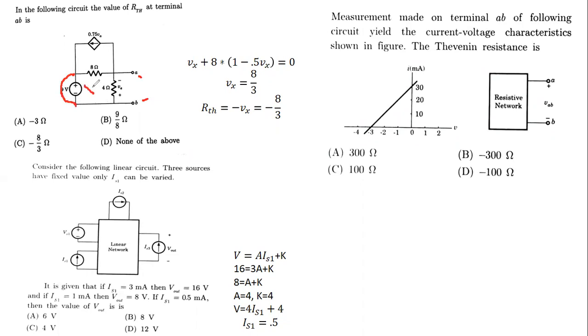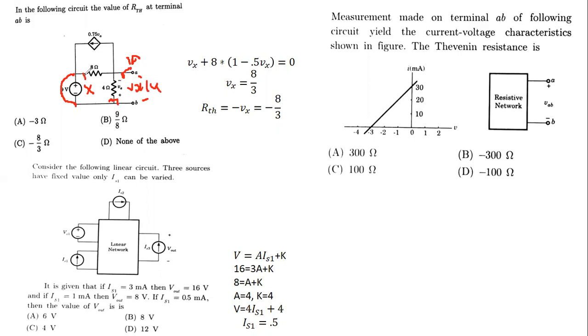No meaning of this 9 volt supply in case of resistance, and assume 1 ampere current between the terminals. So here we are assuming the current as 1 ampere, and this voltage Vx. So the current in this 4 ohm branch is Vx by 4, from bottom to top, because the bottom has the positive sign.